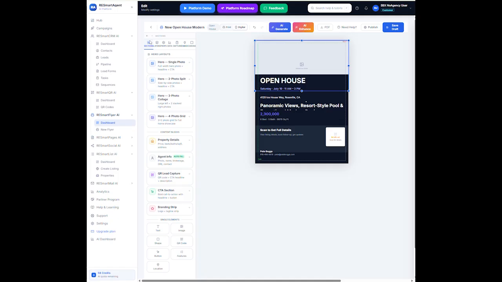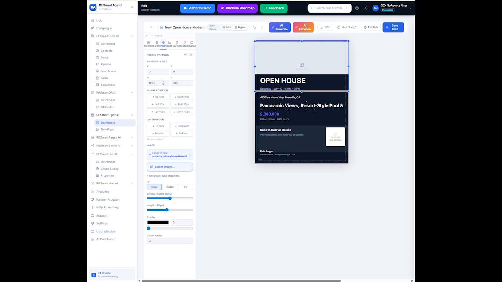Okay, back under the sections here. Let's go ahead and click on this hero image here. It's a single photo hero image that is there. So all I'm doing is just going to click in it there. And you see how this changed over here. It allows me to search for images. So if I go ahead and click on select image,